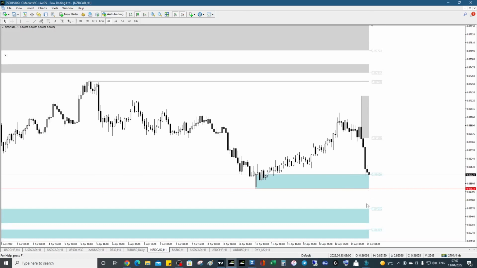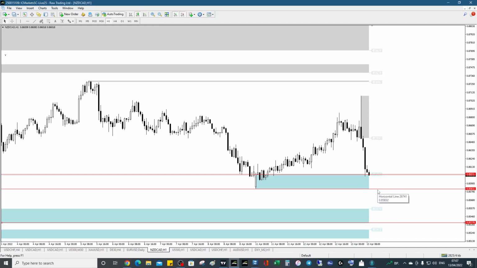So if we break this, we can probably come to 85.56. So this could be your target here, and then that could be a stop loss. Theoretically, you could probably target a little bit lower if you wanted a better R. You could target maybe there. So I'll leave these levels on. Enter here potentially 85, 83, just a bit below that candle wick, and target there. You're looking at a 19 pip stop to target